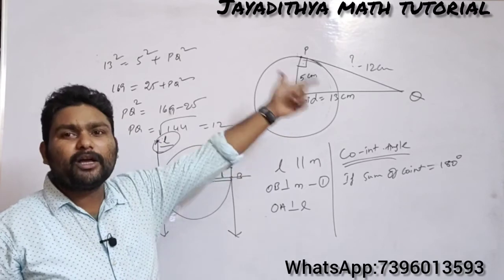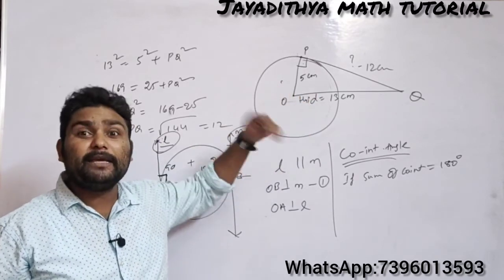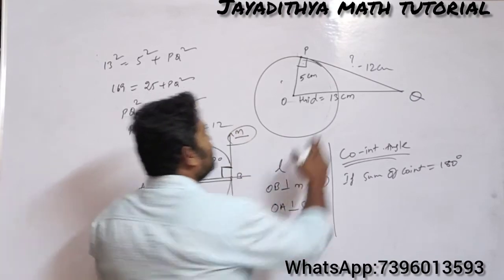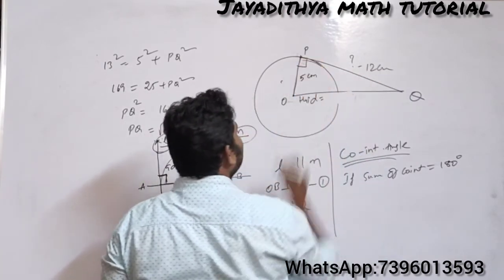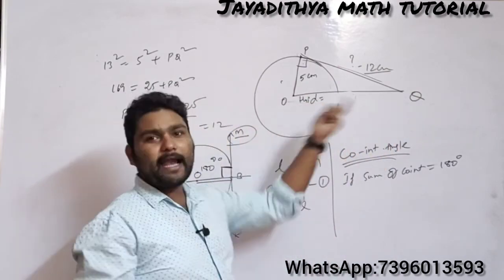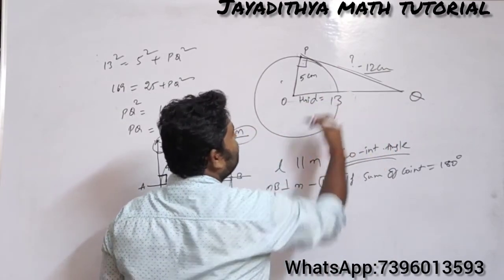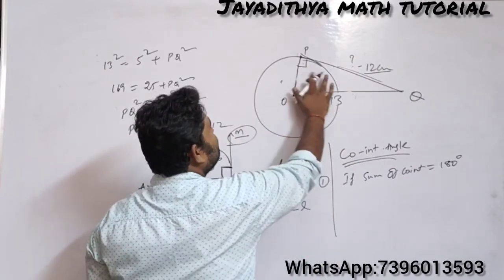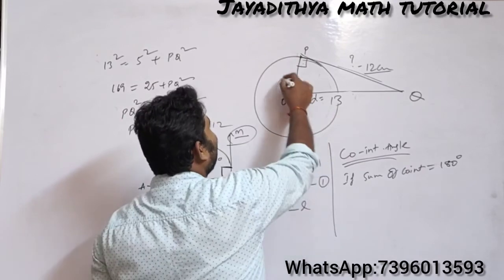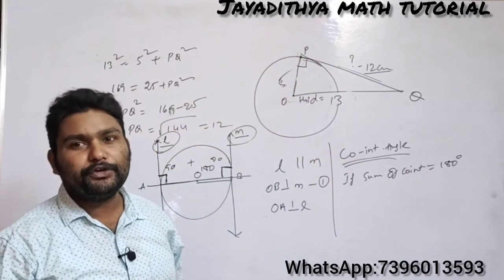He can be giving the length of the tangent and he may give the distance and he may ask the radius. That is also one more kind of question. And the other question is sometimes, see here now, he will be giving both. The radius of the circle is 5 and the length of the tangent is 12. Find the distance between the center and the point. So by using Pythagoras theorem, this will be 13. Sometimes he will not give this radius here. He will be giving only the length of the tangent and the distance between the center and the point, and you need to find this one. That will be obviously 5 if you use Pythagoras theorem.